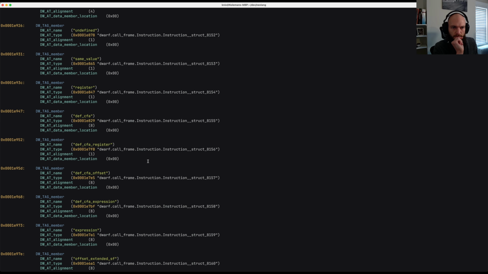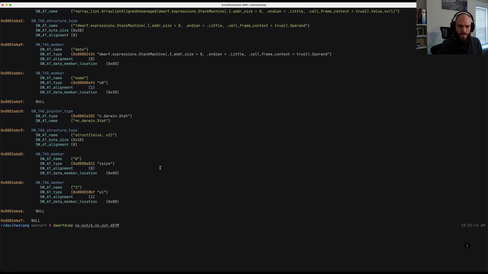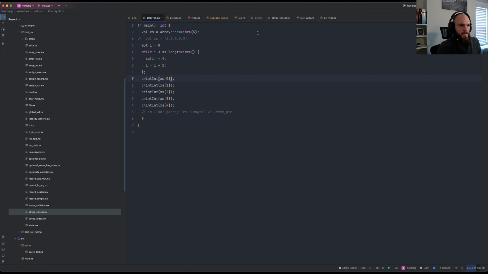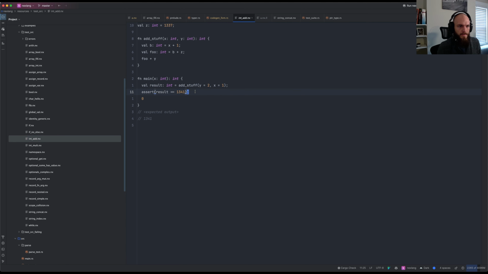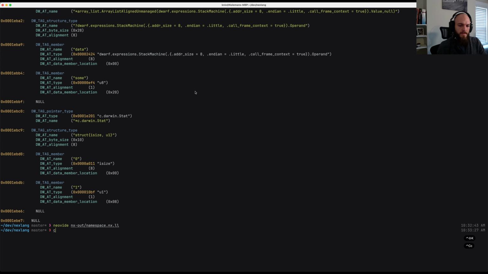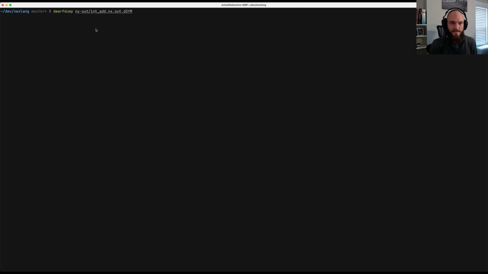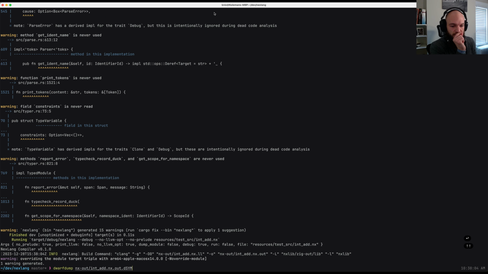Okay, so here's the actual DWARF. A lot going on here. We could try it with no prelude. So let's do a no prelude file. Let's do int add without the assert. Cargo run int add. And then we're going to need no prelude. Okay. Let's do this again, this time hopefully with sound. So we compile int add with no prelude just to make things kind of small, and now we'll DWARF dump